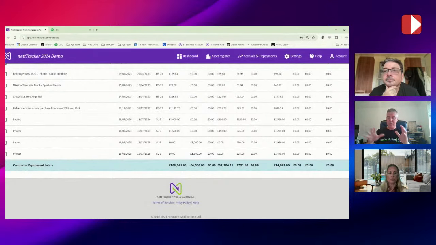Basically my main initial idea of nettTracker for people that don't need to do even monthly reporting, you can literally turn this on for fixed assets and set it up, and only really need to log into it once a year. Yeah. So in the settings, you can basically say, enable monthly journals. Okay. Enable auto detection of new asset purchases, and if you detect a new asset purchase, you can automatically add it there. So if you've got computer equipment,